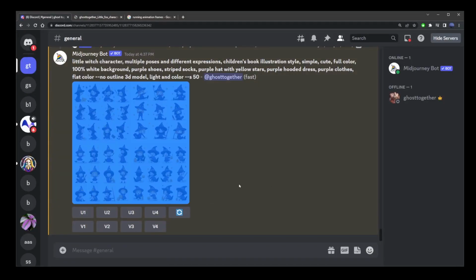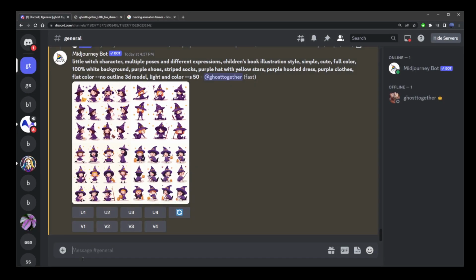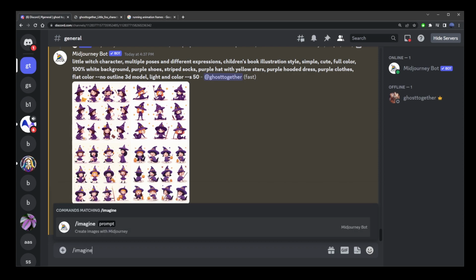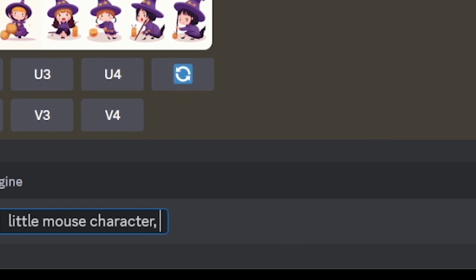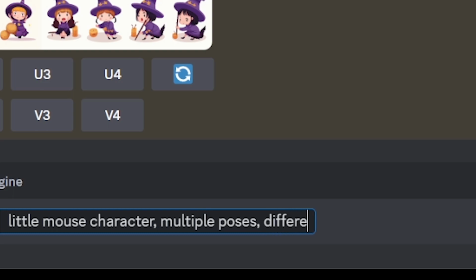In this tutorial, I'm going to show you how to create consistent characters in Midjourney. So let's go ahead and start our prompt. I'm going to start with little mouse character. Yours could be anything you want, as long as you add this second part, which is very important, multiple poses